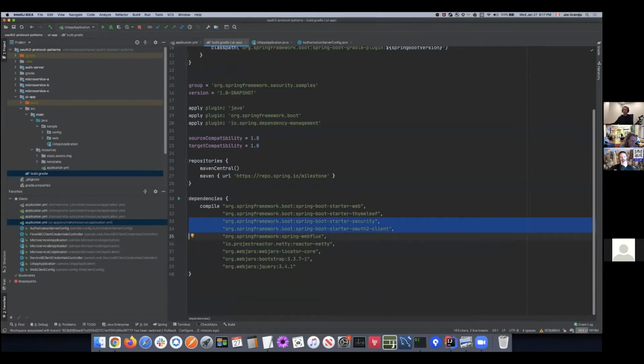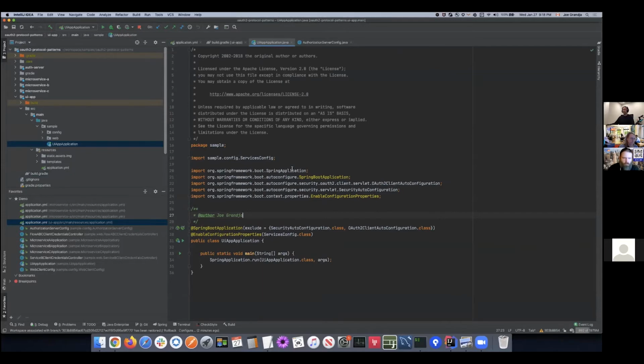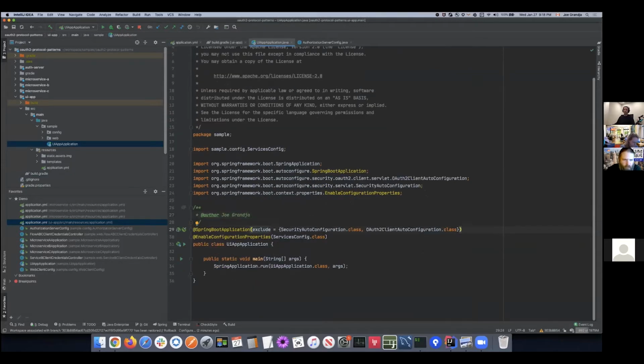Now, obviously, you could see that it's there. But what I've done, I've disabled the auto configuration by excluding it in the Spring Boot application annotation here. As you can see, I've disabled security auto configuration. This is the Spring Security auto configuration. And then here we have OAuth 2 client auto configuration. By default, OAuth 2 client auto configuration will configure OAuth 2 login, which is OpenID Connect for OpenID Connect providers, and it'll enable OAuth 2 client support, right? So I'm going to remove this,